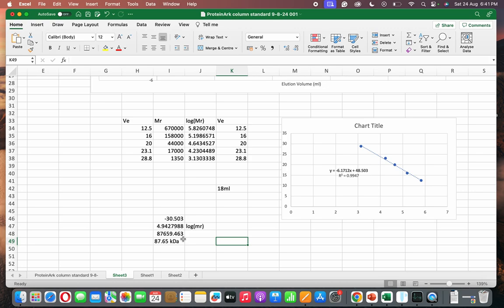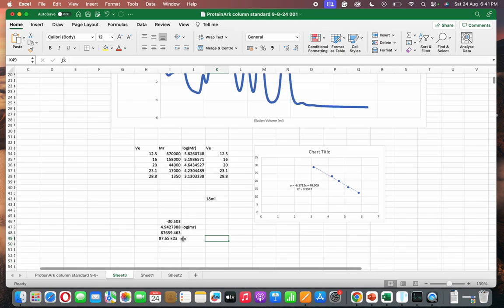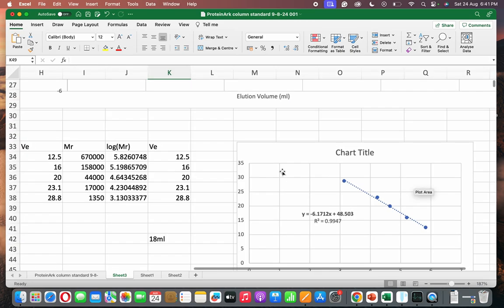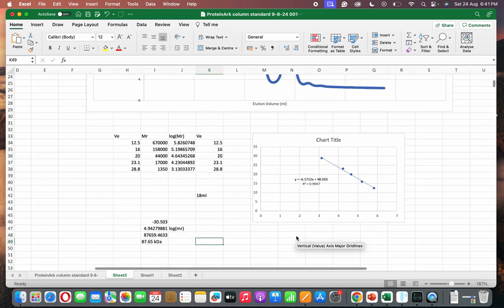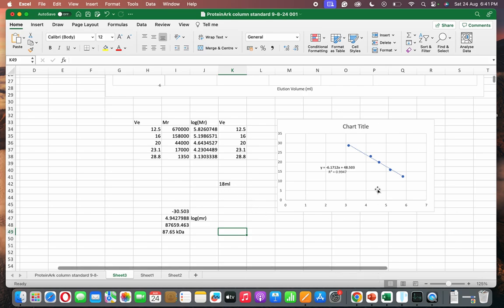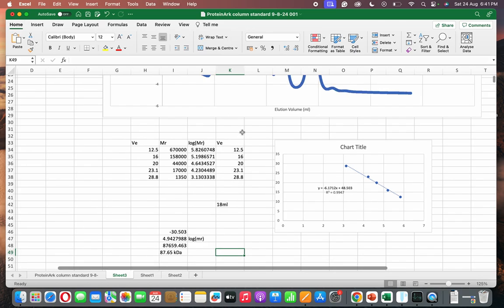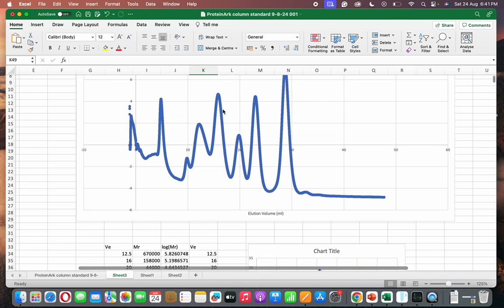around 88 kilodalton. Okay, and this is a very powerful tool to estimate the size of your protein, right? Because you only have to do one standard run for your column, and then when you run any new protein in your column, you can easily estimate what its size could be. Okay, just one word of caution though regarding these standards. Obviously, this standard run has worked very well for this column,